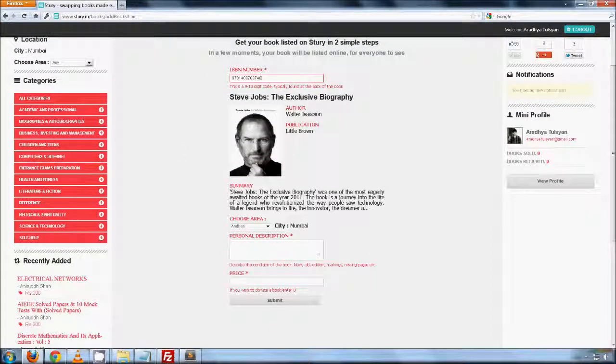Now the user only has to select the area where the book is located. Currently we are offering only the Mumbai city. The user is allowed to enter a personal description on the condition of the book. The user can enter the price at which he wants to sell.